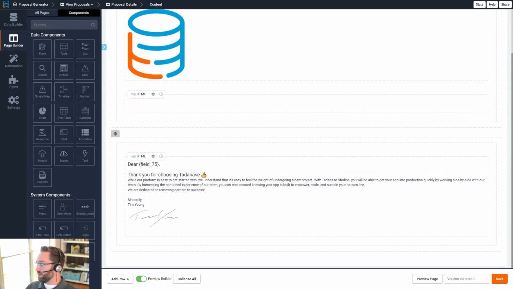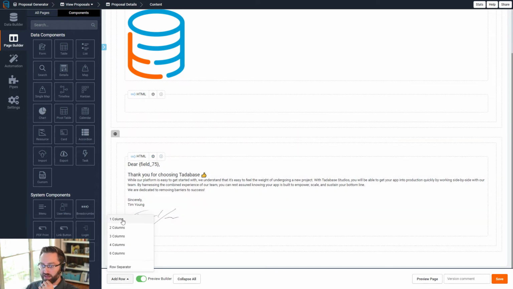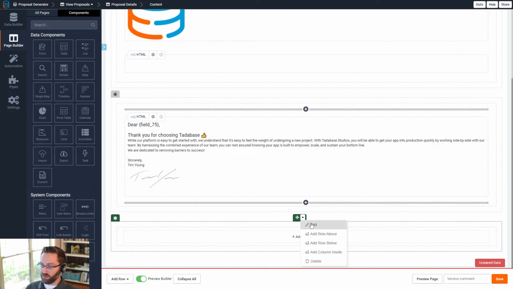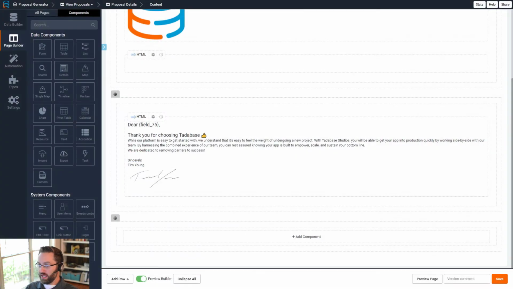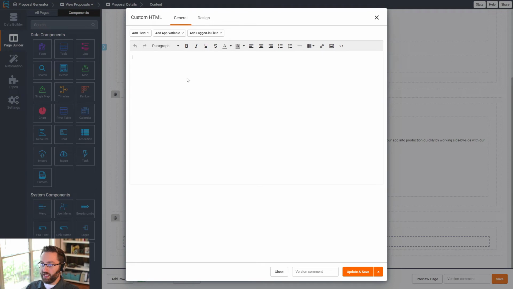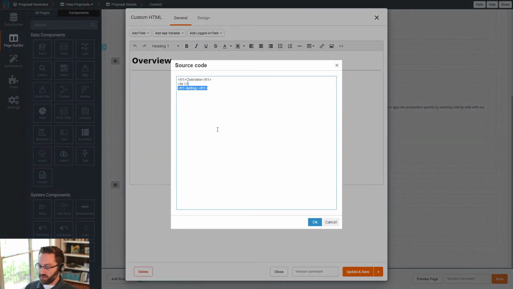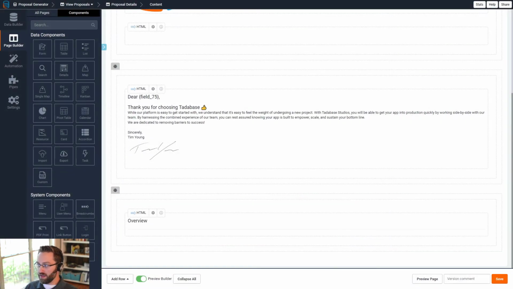All right, now that we've given David our welcome, we are going to continue adding rows, and setting those rows again to fixed width. And we're just going to keep adding things like HTML, whatever we want it to say. So let's say the first section we're going to display is the overview of the proposal. I'm actually going to remove the space underneath that line there. Overview, and then we're going to add